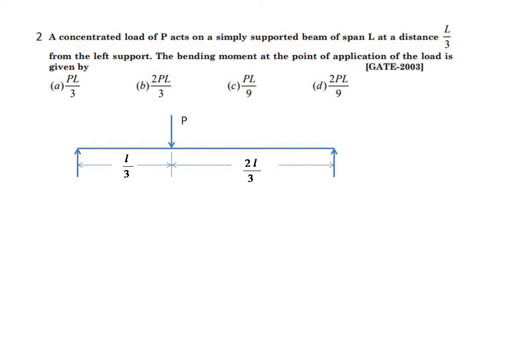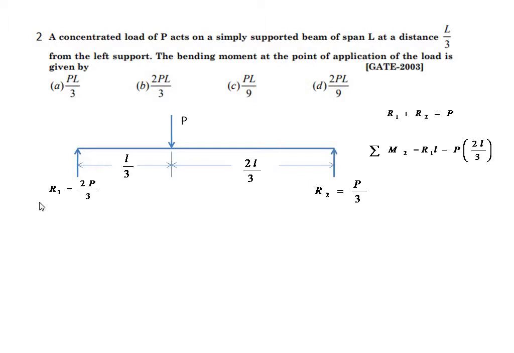So now we want to find the bending moment at the point of application of the load. That is, we want to find the bending moment at this point. So first we want to calculate the reactions R1 and R2. So for finding the reactions, we will be going through this formula, that is, the sum of upward forces is equal to the sum of downward forces. Putting R1 and R2 as the upward reactions and P is the lone downward force. So R1 plus R2 is equal to P,